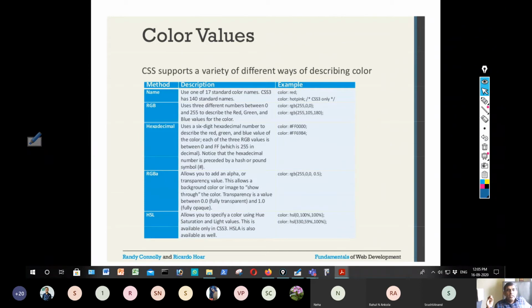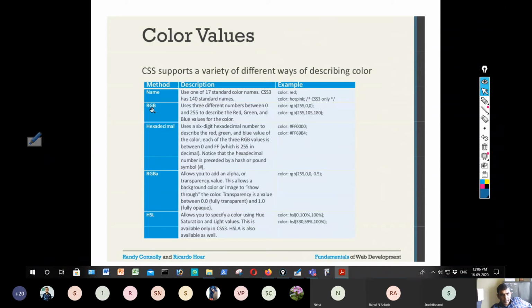For example, CSS supports a variety of ways of describing color. So first, you can specify a name for a color. What can be a color value?